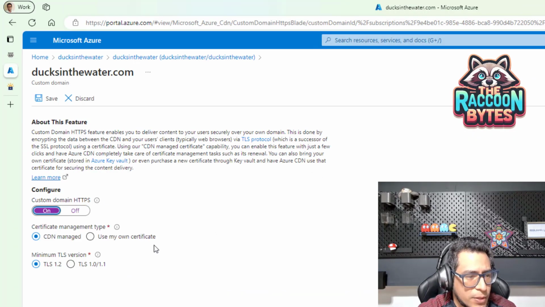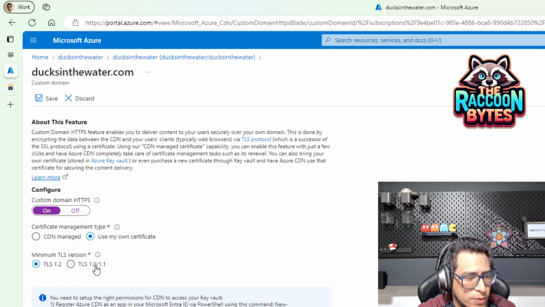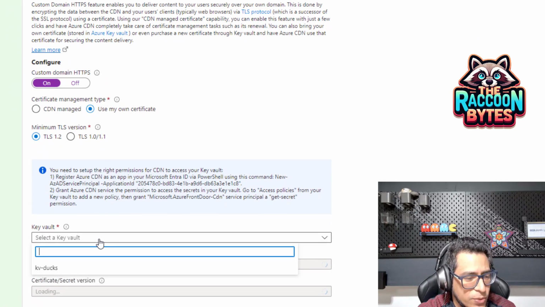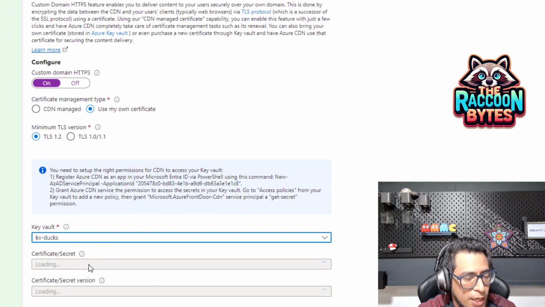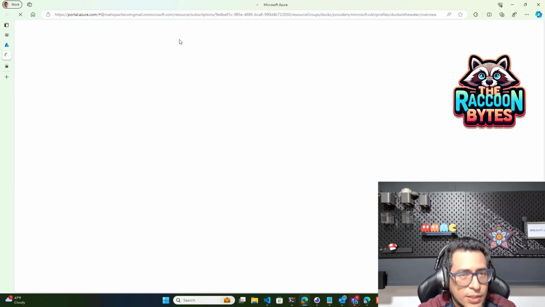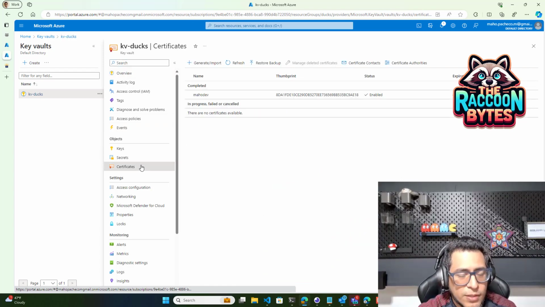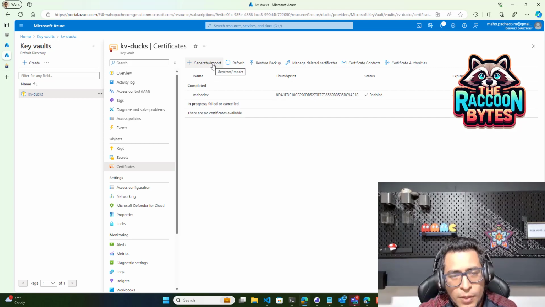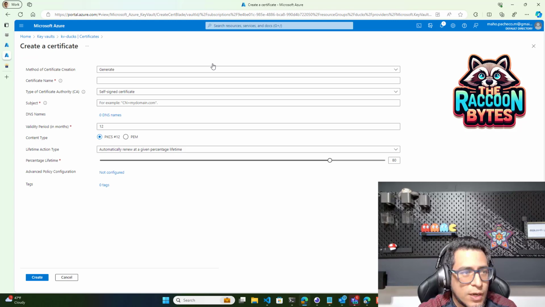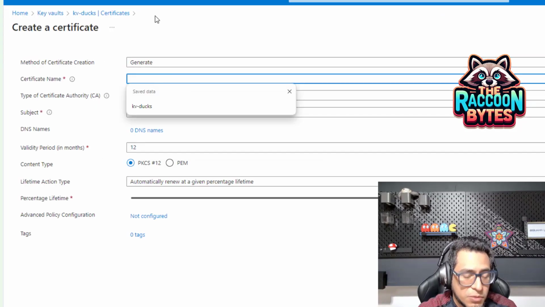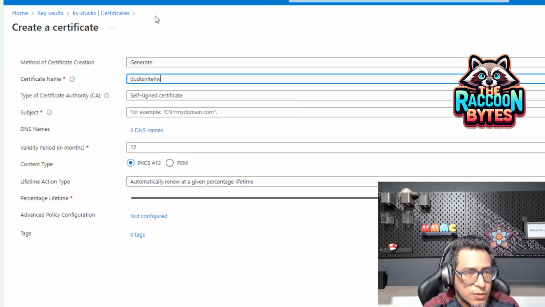I will put custom domain, use my own certificate, and it will require to use a KeyVault, and in the KeyVault it will require the certificate. So again, I will go and see my KeyVaults, and then there is a certificate. All of this you can do in a command line utility. Anyway, you can just generate or import a new certificate. You need to give it a name, so in this case docs in the water,